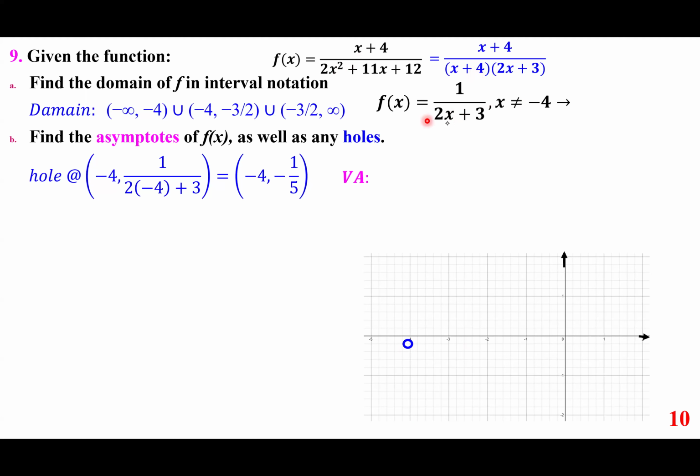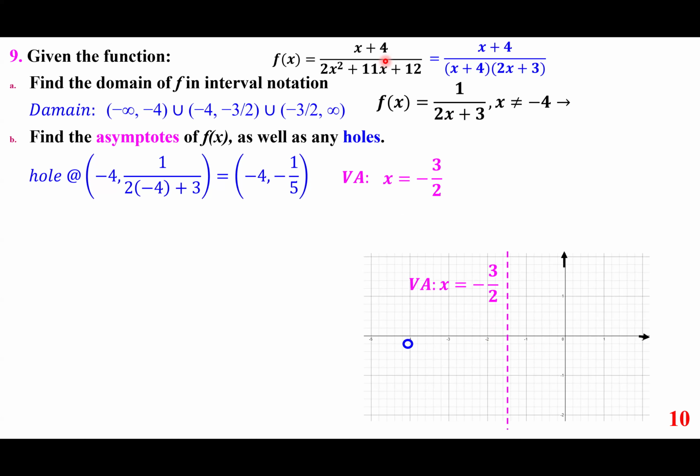So the simplified version, the denominator is equal to 0, x equals minus 3 halves is the equation of a vertical asymptote. You draw that. Minus 3 halves is minus 1.5 between negative 1 and negative 2. Now we want to find